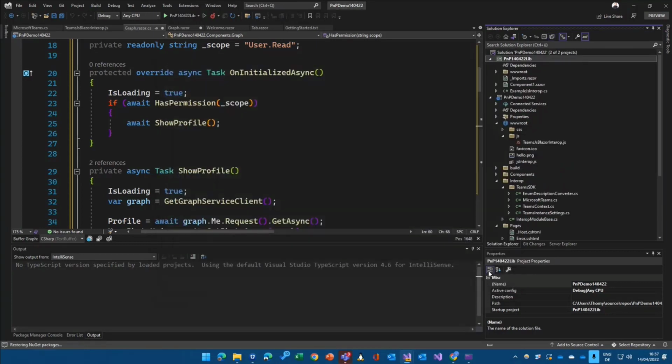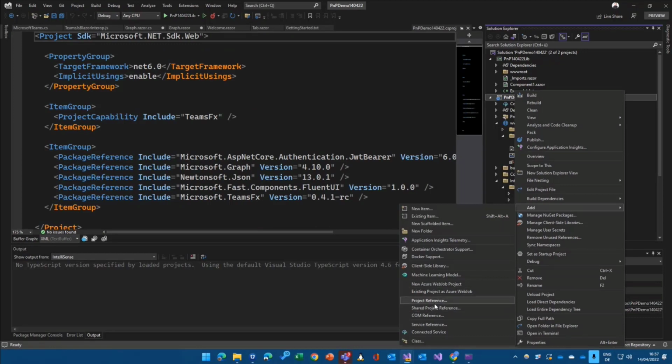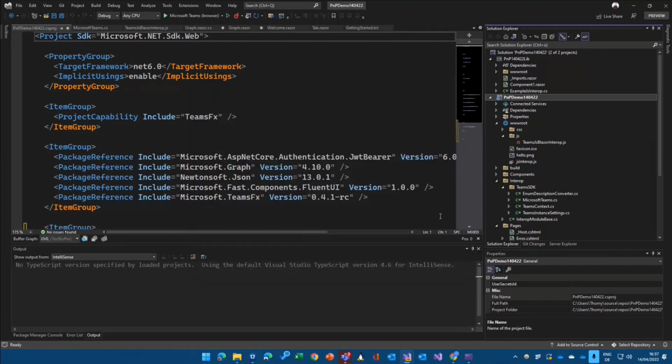Good for me. You see, I'm adding a new project to my solution here. I go in here and make a project reference, just for the sake of the demo, to that component library. That would allow me to reuse common components in my Teams application. We will do that now for a very, very short and simple use case, but just think of it.